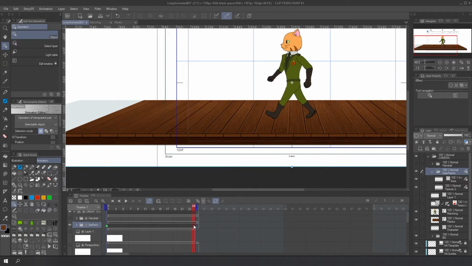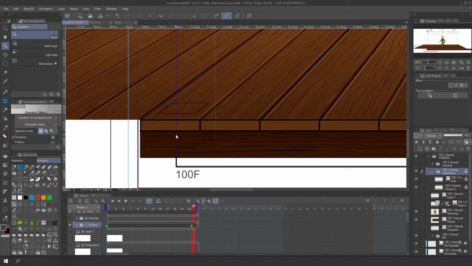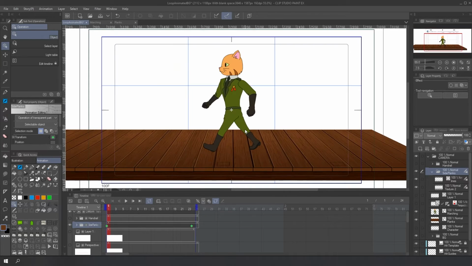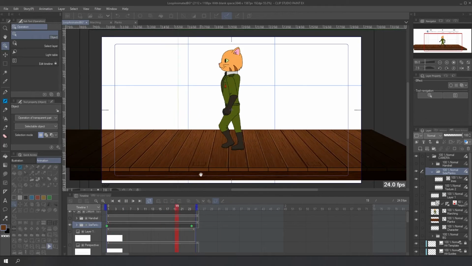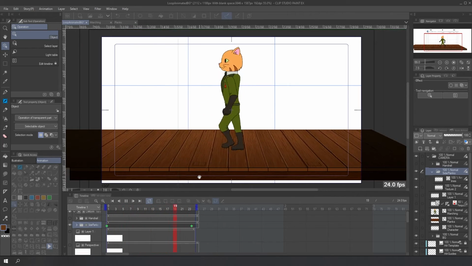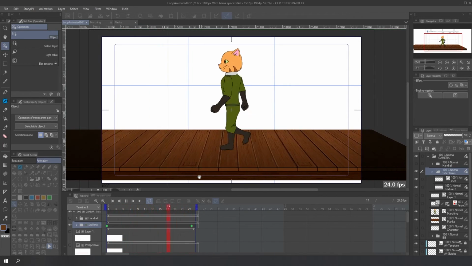In frame 24, move the animation to match the position. I use zoom when I need to be precise. So check the animation to see if there are any problems. Everything moves in perspective and it's looking great. You can do this frame by frame, but it will be a lot of work. And with this technique, you can see how easy it is to achieve the effect.